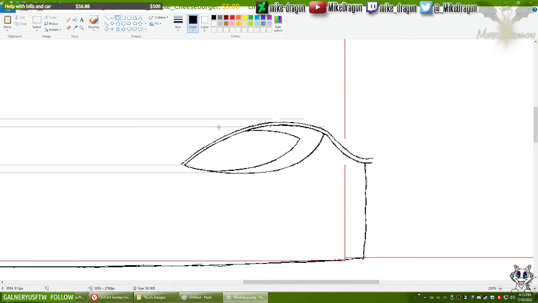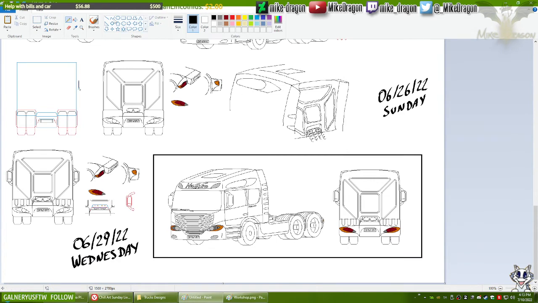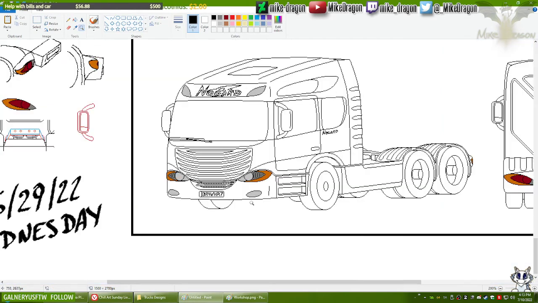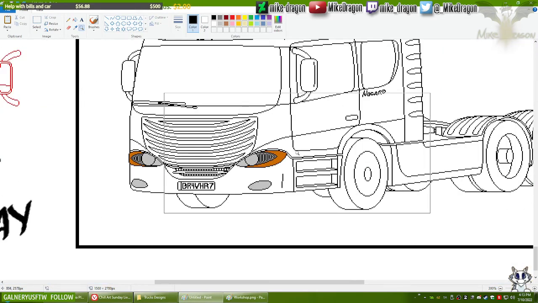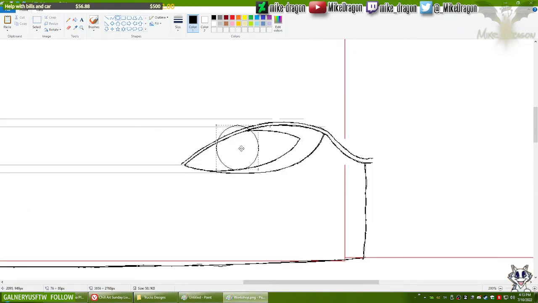Let's now draw the circle that goes inside the headlight. Am I positioning it on the correct spot? Almost.